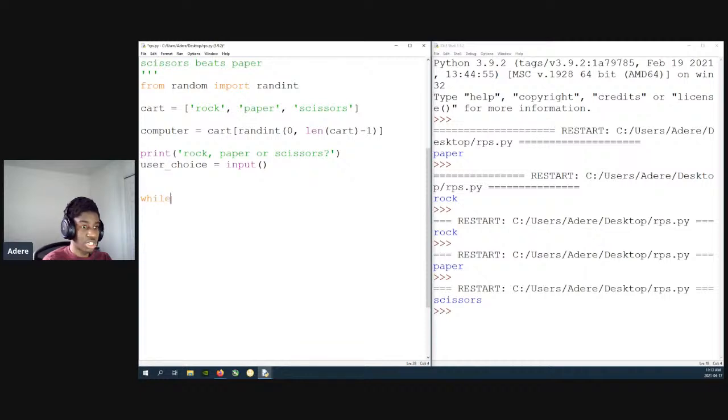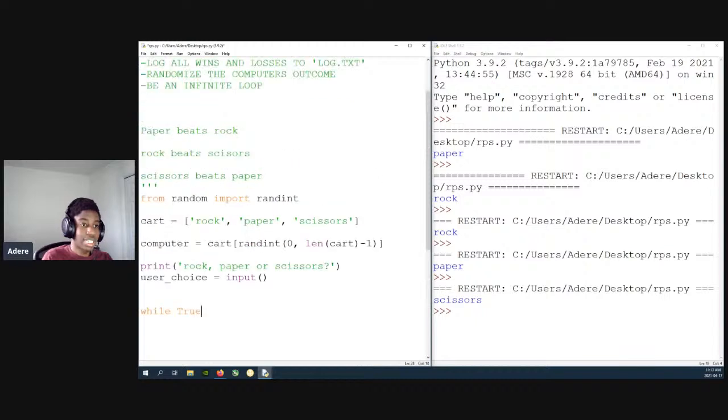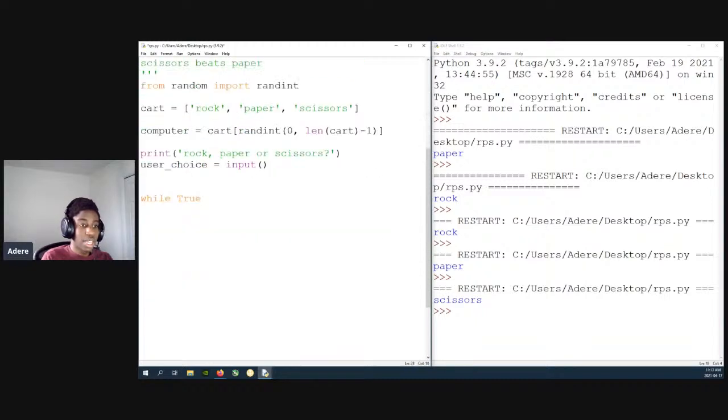actually let's do the while loop first. It's going to be while true, right? Because it's infinite. Remember, one of our things has to make it so that it is an infinite loop. So we're going to say while true, it's going to check if, this should actually be inside the loop. We're going to add that afterwards. But actually, since we're putting the basic foundations of the game, we're maybe not going to do that yet because we don't need anything to loop in. So if user choice is equal to computer,